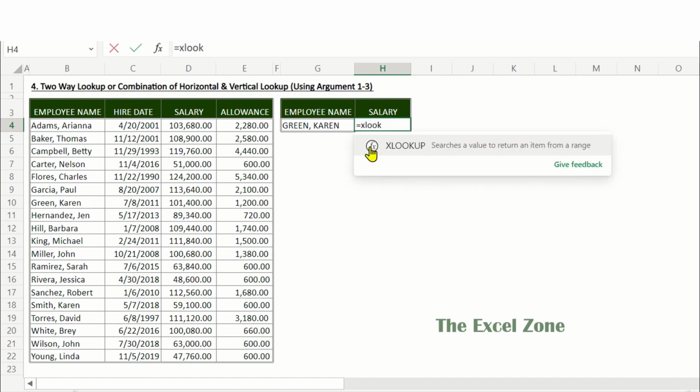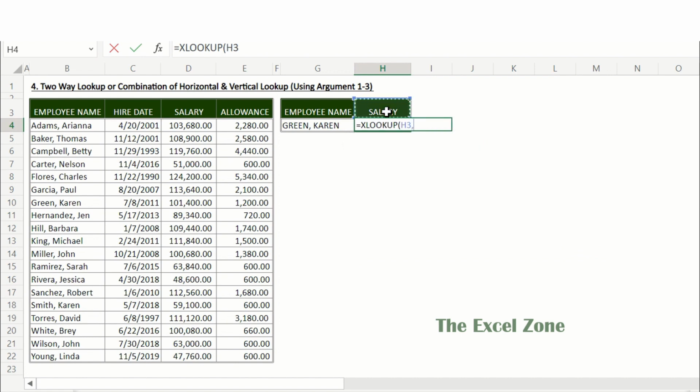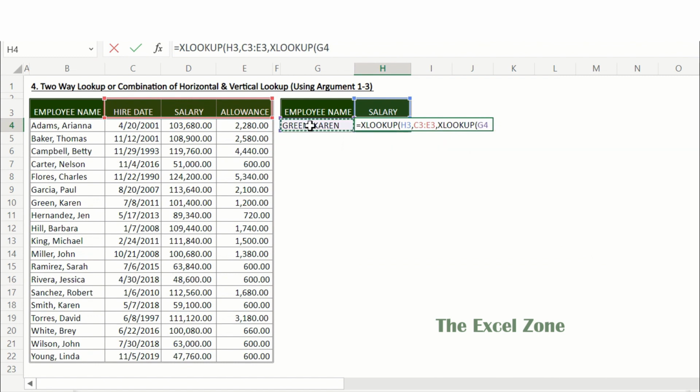Type XLOOKUP and press tab. Then select H3 as the first lookup value. Then the first lookup array, which is the horizontal range from C3 to E3, as this is where the lookup value can be found. Comma, and because this is a two-way lookup, let us type XLOOKUP again and press tab to input the second lookup value, which is G4. Then the second lookup array is this vertical range from B4 down to B22, as this is where you will find the second lookup